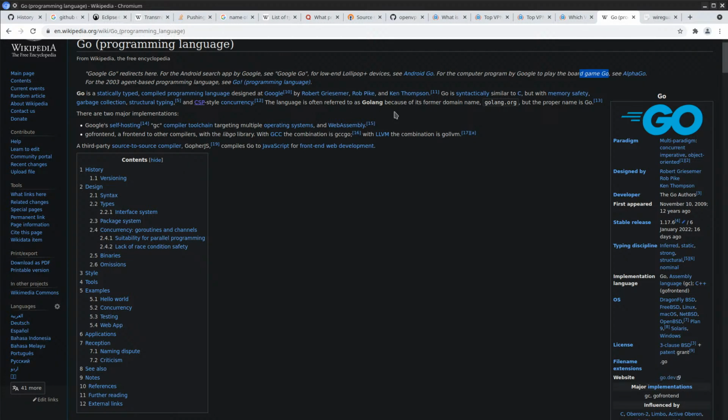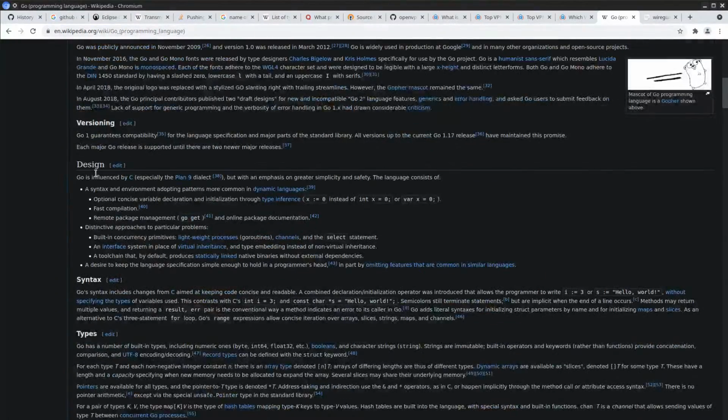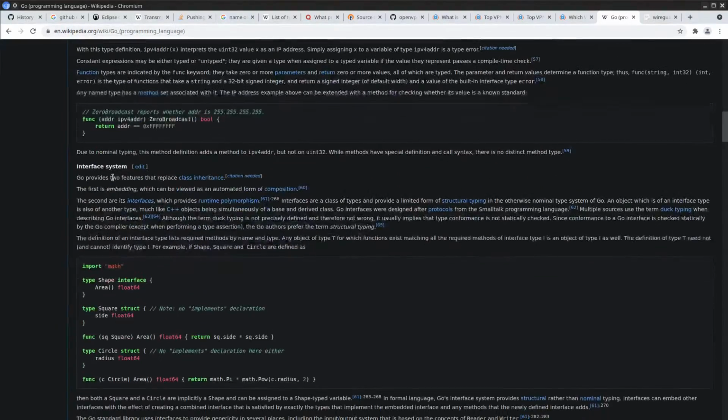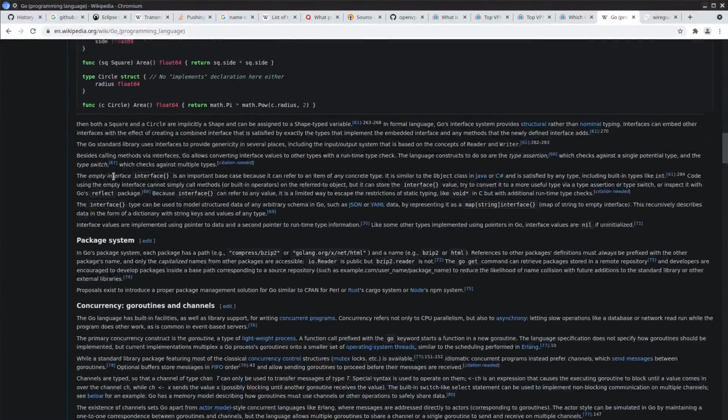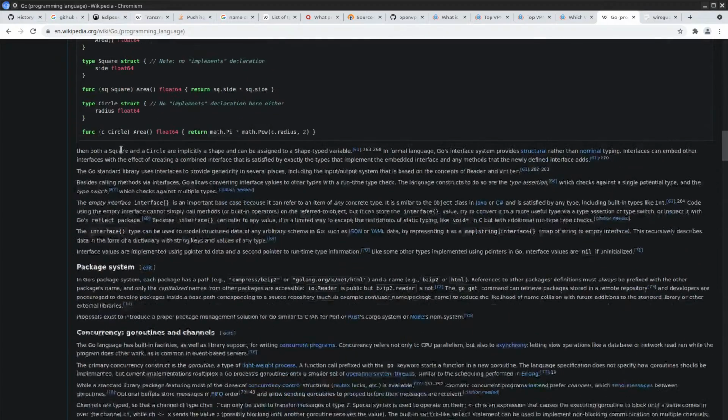Started as Golang because of its former domain name, golang.org. Her name is Go. History. Typing. It definitely looks like it reminds me of C++.